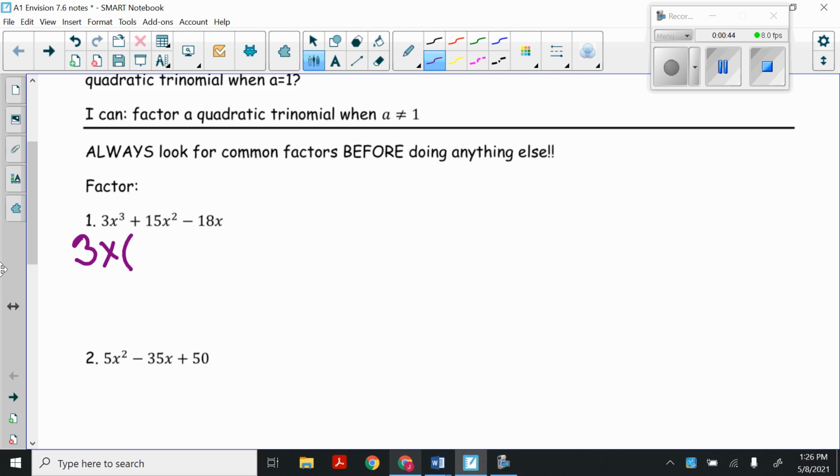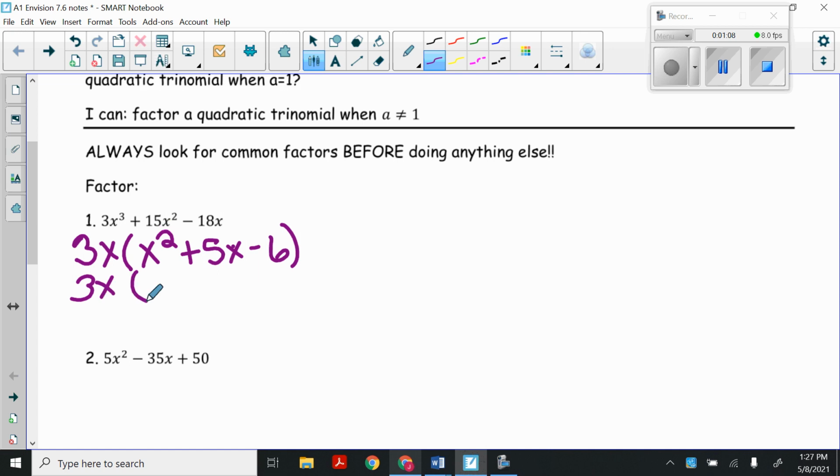So 3x cubed divided by 3x leaves me with just an x squared because I subtract my exponents. 15x squared divided by 3x leaves me with plus 5x. And negative 18x divided by 3x leaves me with minus 6. So now I have a trinomial that has a leading coefficient of 1,